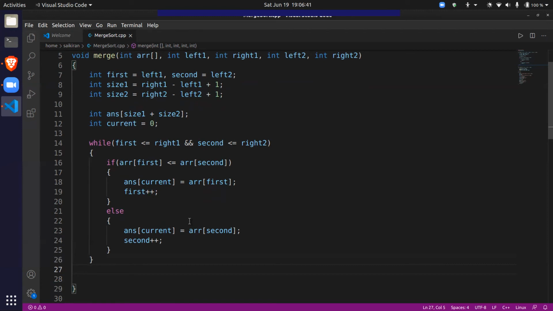We may have or may not have, but there may be some remaining elements in the first array, or there may be some remaining elements in the second array. Okay, so what do we do? While first is less than or equal to right 1, answer of current. Okay, there is something important I forgot, guys. Each time something wins, we have to increment current.